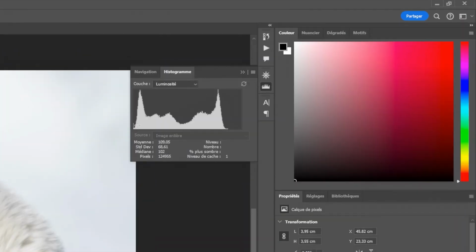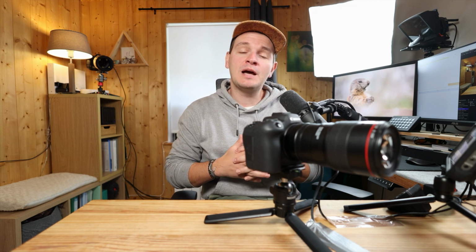Here, for example, we might see on the histogram that we could potentially have some pixels that are clipped. If I just click and drag my mouse over this value, we can see that I have approximately 387 pixels with a value close to level 0. This allows me to know that I have a few more pixels that are slightly blocked in the part I just selected. So that was really for the theoretical part of the histogram,